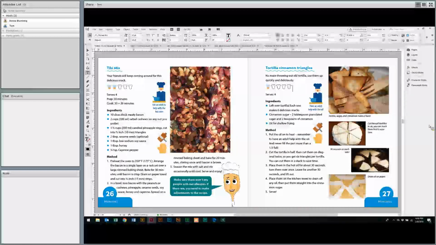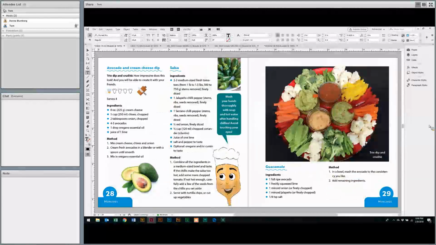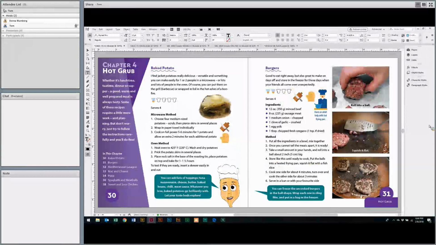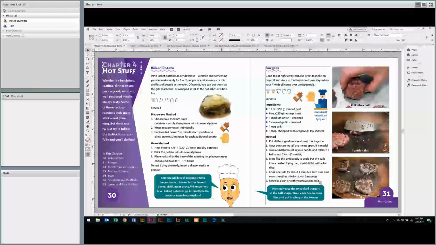So how about the chapter titles over here? You see it's blue. You've got the page number. It says Munchies. If I keep traveling through the document and I get to the hot grub, you see it's a different color, and then it switches automatically here. Now the deal is that these are automatic, like real. So if I go in here and change the name of the title, it doesn't update here, but it will